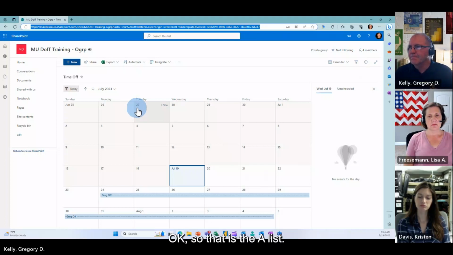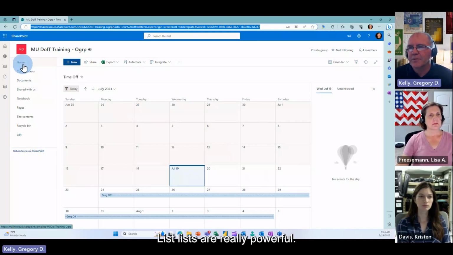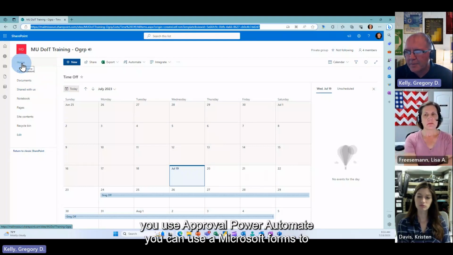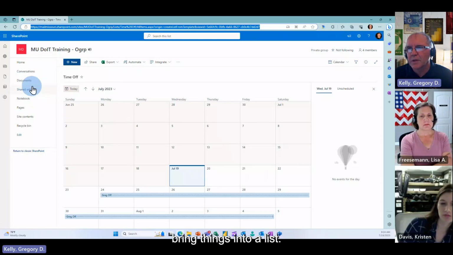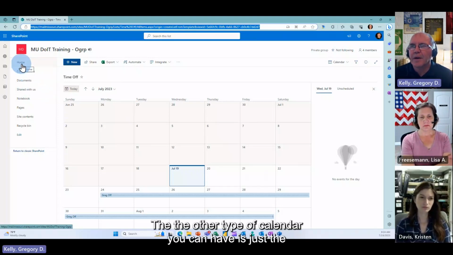Okay. So that is a list. It's a calendar view within a list. Lists are really powerful. You can do a lot of things with those, especially, like I said, if you use approval, Power Automate, you can use a Microsoft Forms to bring things into a list. The other type of